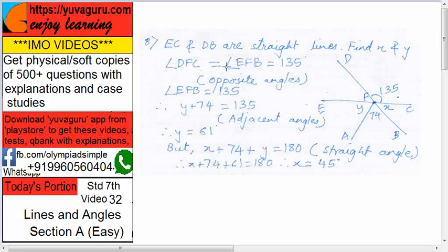DFC equals EFB. Why? DB and EC intersect, so these two angles are vertically opposite angles. So DFC and EFB are vertically opposite angles, so they are equal. So both are 135 degrees. So EFB becomes